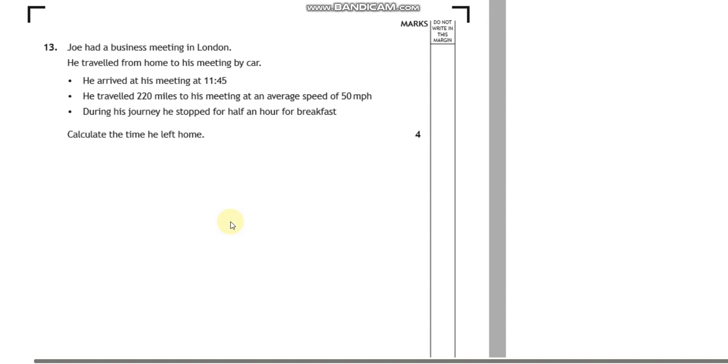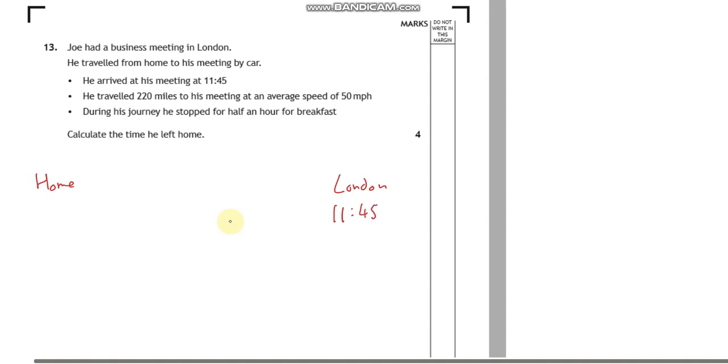Okay, so let's see when Joe left home. So again, let's do a little 4 marks for this as well. So let's have a look. He's travelling to London from his home, and he's going by car. He arrived at his meeting at 11:45. So he must have arrived in London at 11:45,